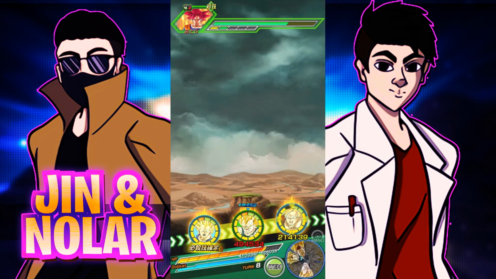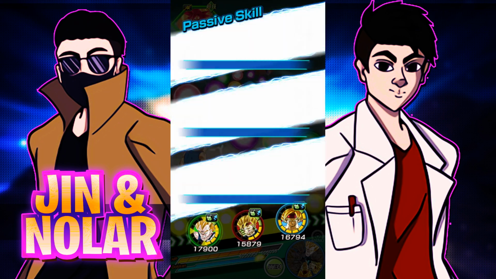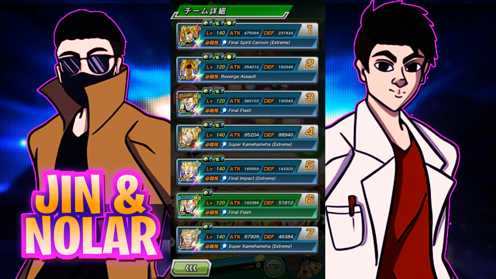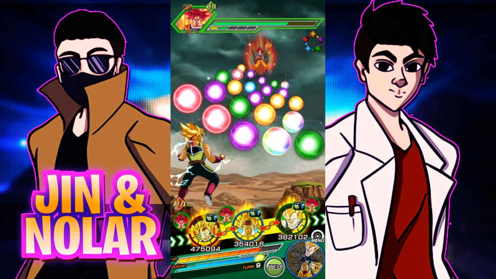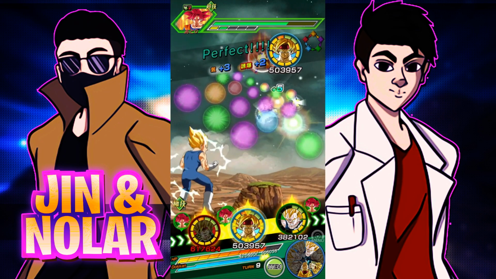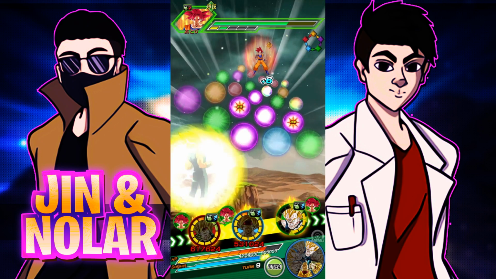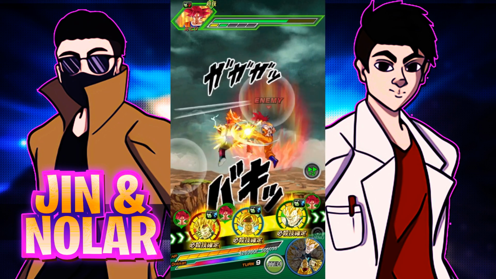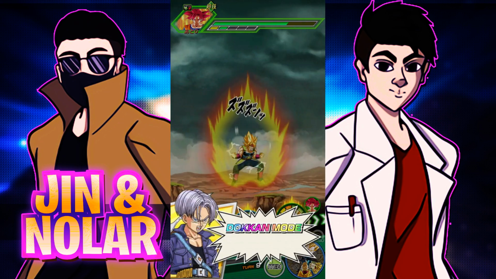And then for the passive skill, again, it's pretty simple. Right now, as of today, attack increases by 30% for all allies when HP is 30% or above. So again, all the secondary stuff built in toward attack and defense is certainly going to be very, very beneficial to have. And based on the stuff I'm seeing, let's take a quick look at the Dokkan mode